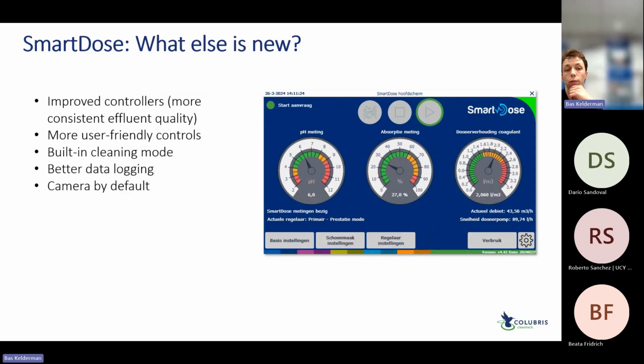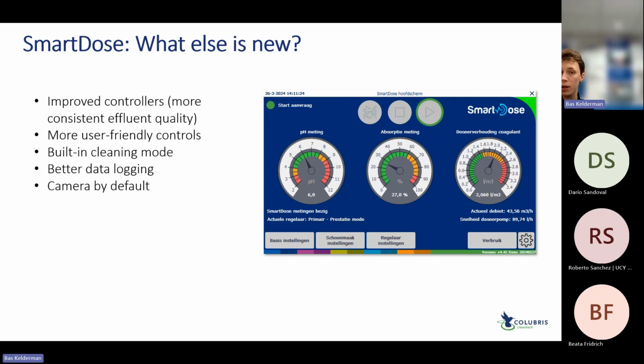We also have some more user-friendly controls. We have a built-in cleaning system where every 30 seconds or 30 minutes it has a standard cleaning cycle, but also when you have to do a manual operation, you can turn on the cleaning mode so it will continue to dose coagulant. We have some better data logging, which helps us debug and fine-tune systems, and we have